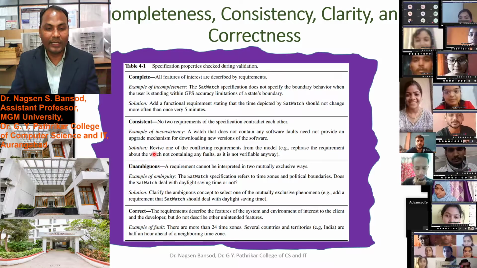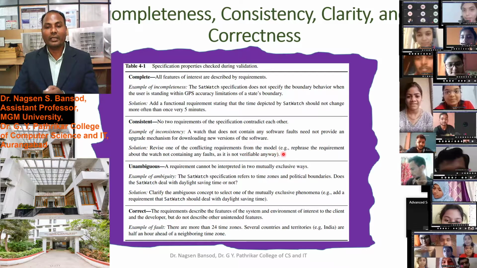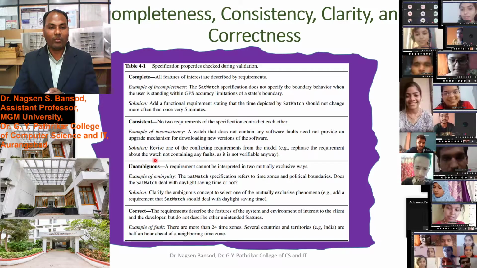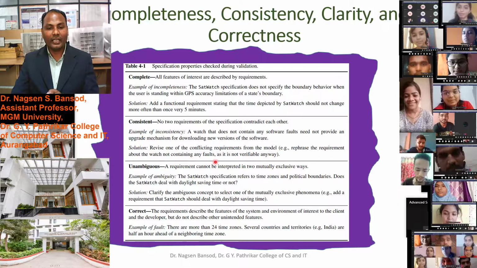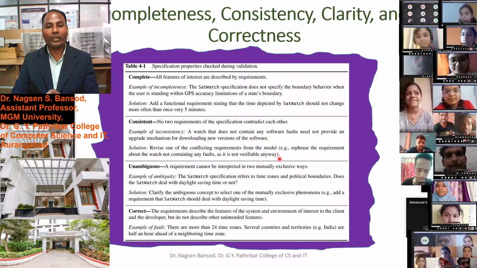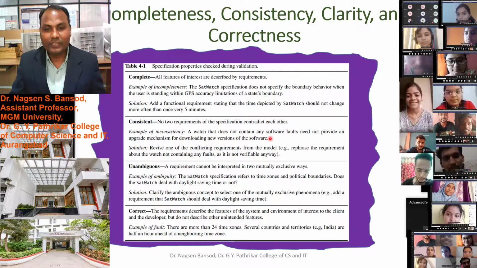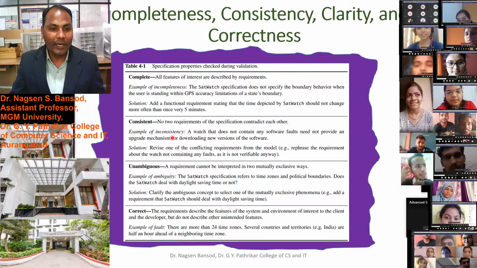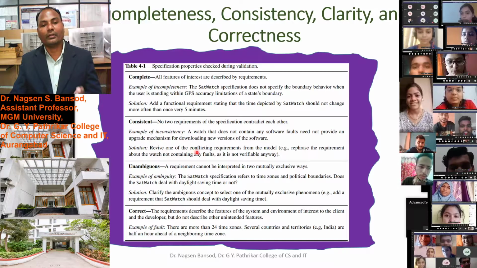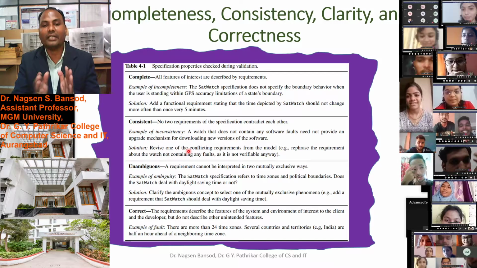The solution for that: revise one of the conflicting requirements in the model. For example, rephrase the requirement about the watch not containing any fault, as it is not verified anyway. A watch that does not contain any software fault need not provide an upgrade mechanism for downloading a new version of the software, because no fault will be found in the satellite watch.